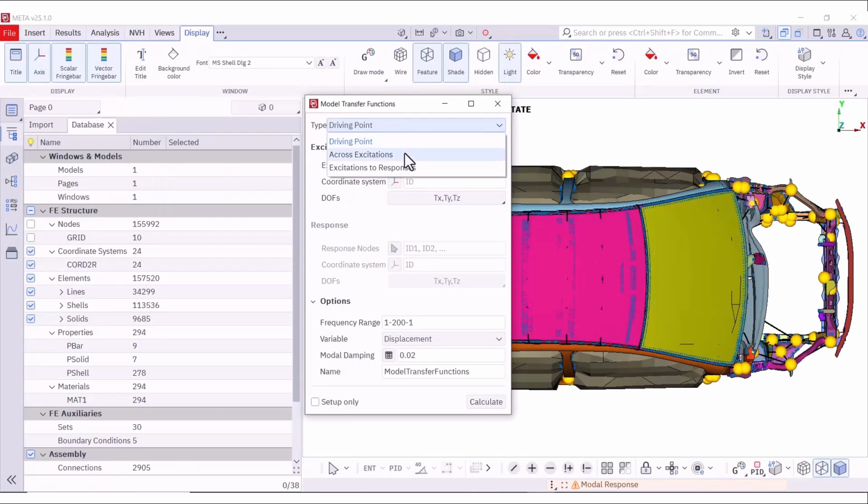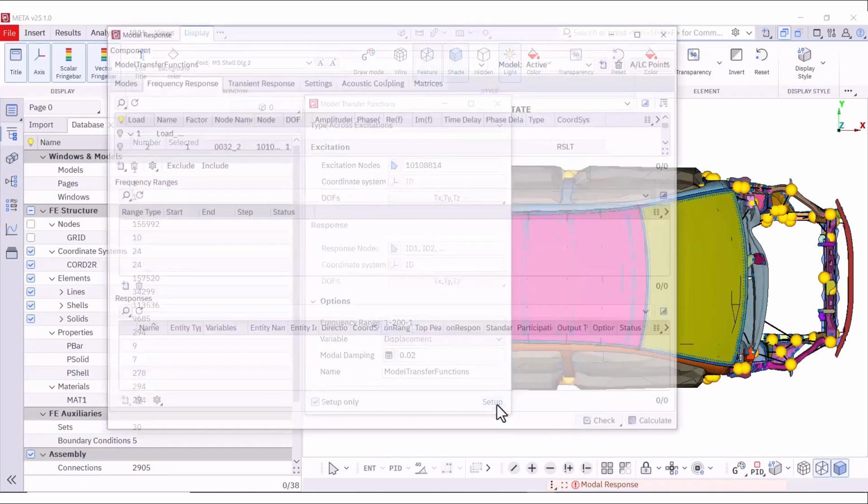Select a cross excitations type and the tool will calculate the transfer functions from each selected degree of freedom of the excitation nodes towards each selected degree of freedom of all excitation nodes. Observe again the setup in modal response.